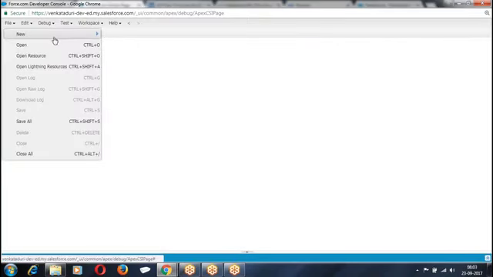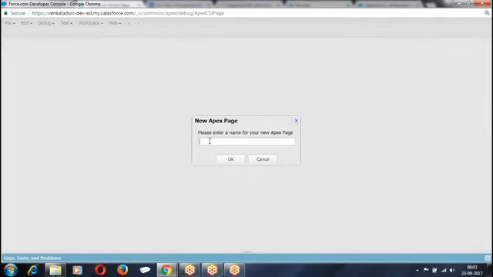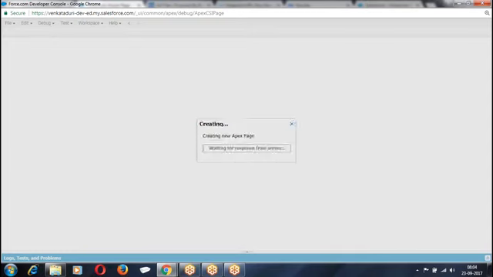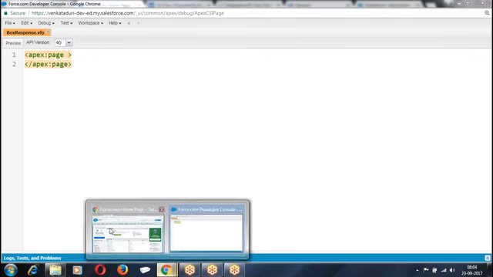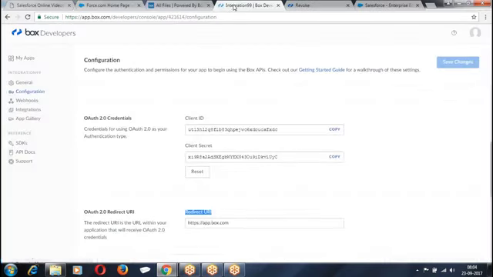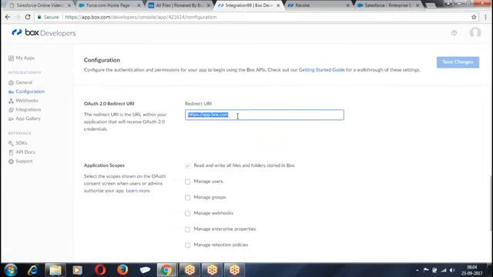So, we want to convey to which page the response has to come. I told the response has to come to a Visualforce page, the box response page. So this is the page to which box.com has to send the response. So where do you give this? Client ID, client secret, redirect URI. The redirect URI I am going to give